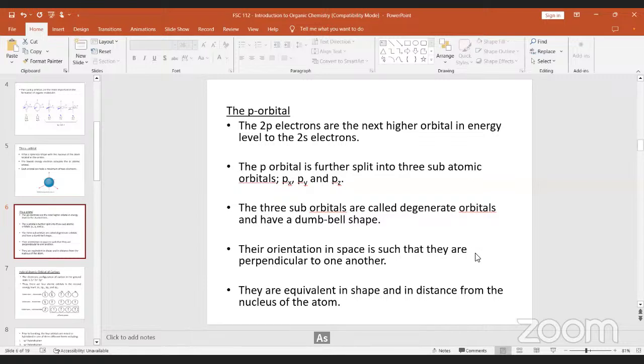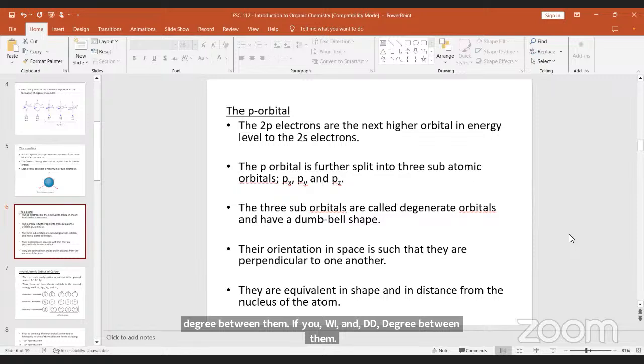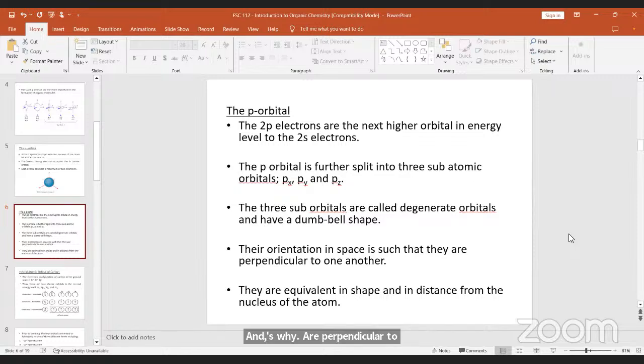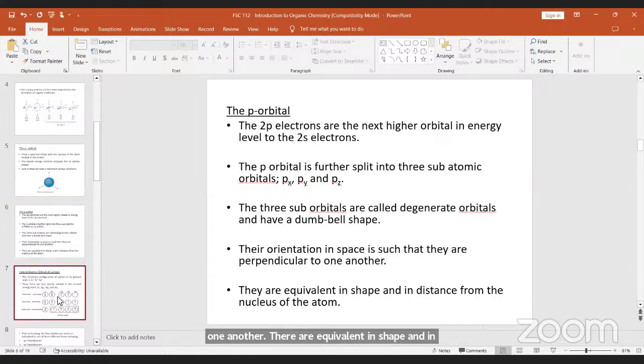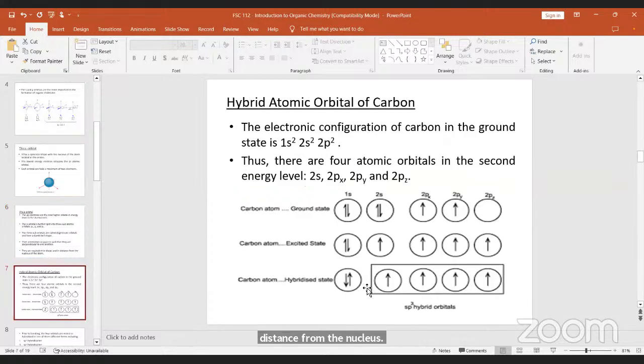The Py and Pz orbitals have 90 degrees between them, and vice versa. Each of the orbitals is perpendicular to one another, 90 degrees to one another. They are equivalent in shape and in distance from the nucleus of the atom. So back to our